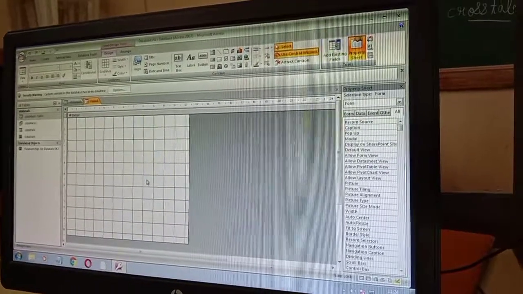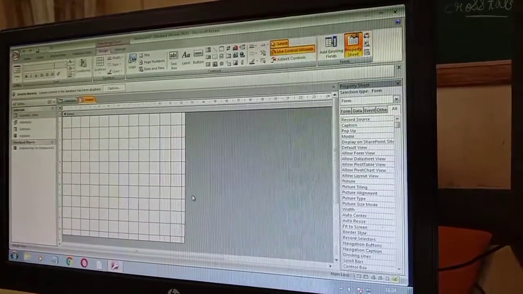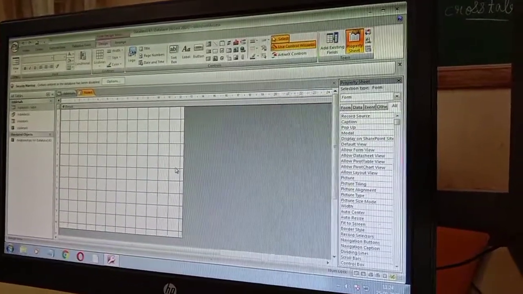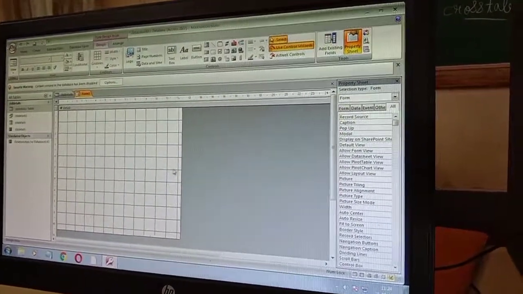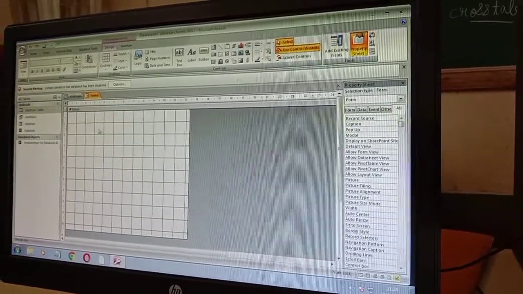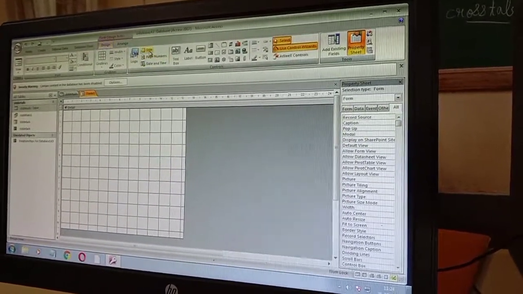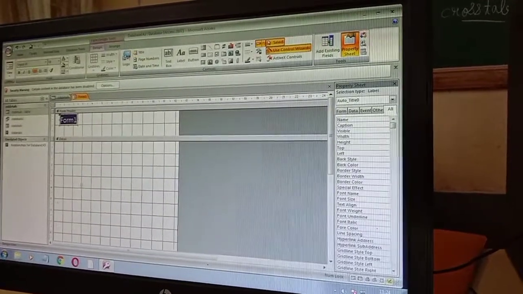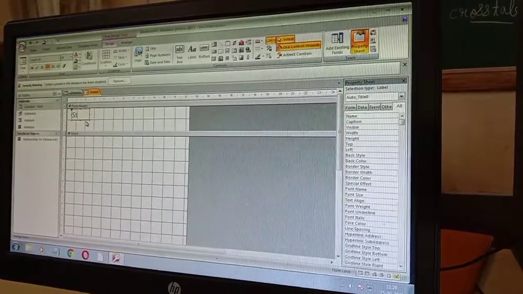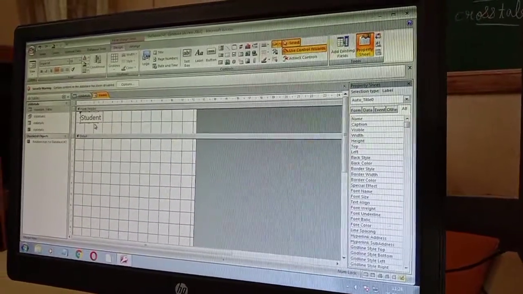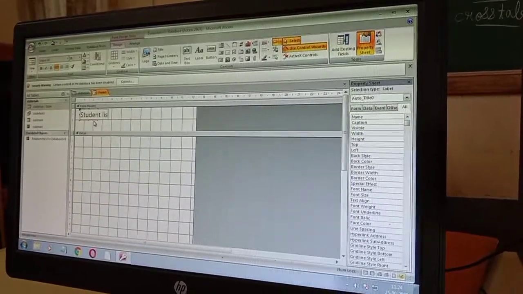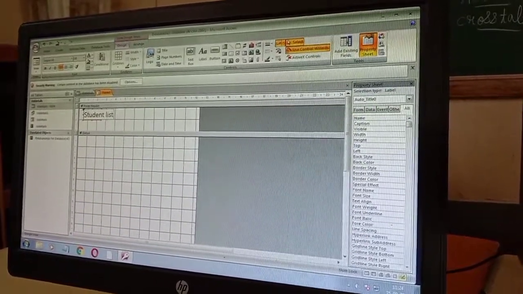Here I would like to discuss the different formattings which you have already learned in Word, Excel and PowerPoint, like changing the font color, size, adding different effects. All this you can see here. In the Design tab you have Title. You can add the title here for the form. You can type the name here. I am going to type here student details or student list. Whichever is appropriate, you need to select the name.